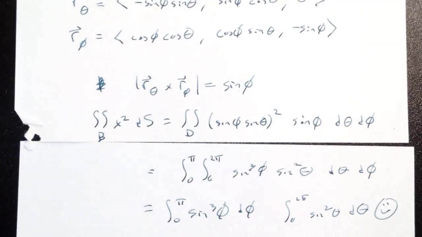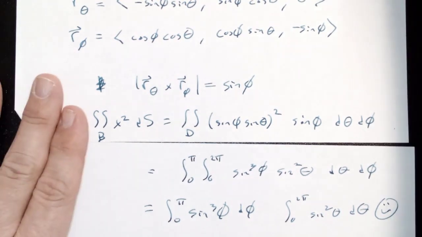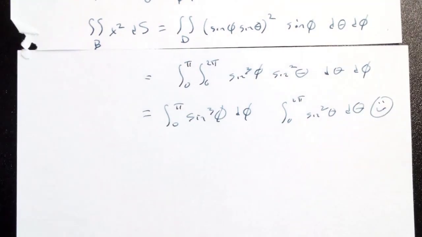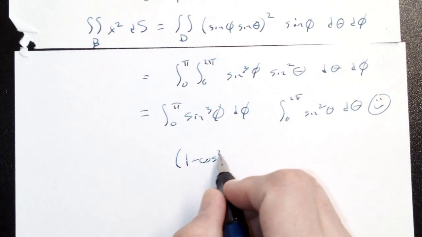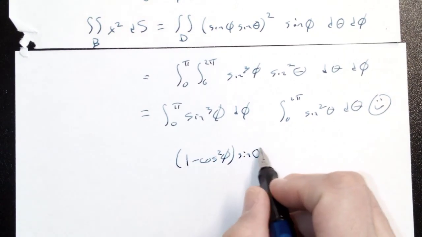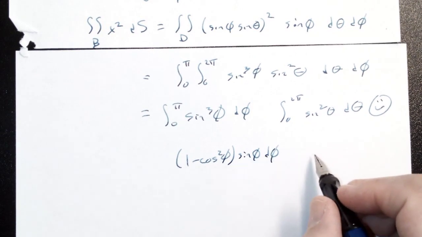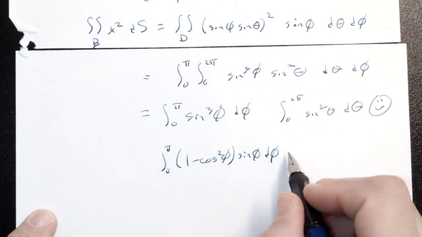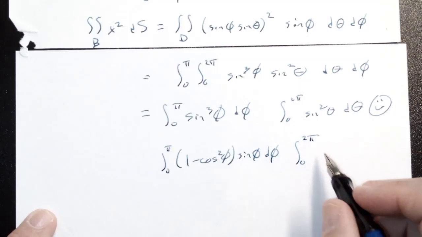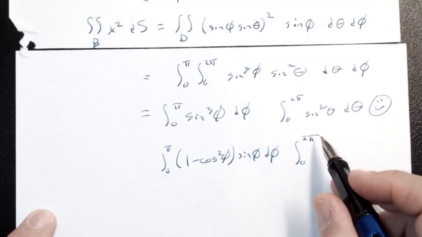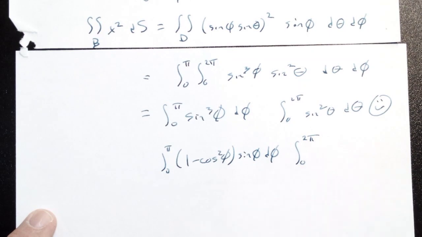Ugly is in the eye of the beholder. Chapter 7, section 2, I'm doing a bunch of trig substitutions. Section 3, I'm doing a bunch of trig substitutions. No, 7.2. Now I have to do the double angle formula with the sine squared. I think cosine is 1 minus 2 sine, so it's going to be 1